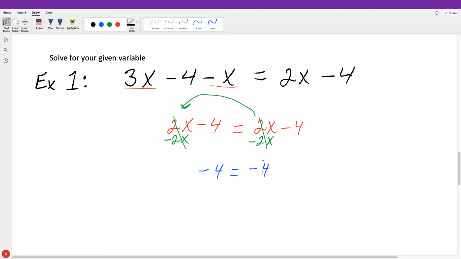So if we are solving a problem and our variables completely cancel out, where when we have the same amount on both sides, it gives us 0 variables, we need to look at the statement that's given to us now. This negative 4 is equal to negative 4. And we need to ask ourselves, is this a true statement or is this a false statement? Well, negative 4 does in fact equal negative 4, so it is a true statement. And if it's a true statement, that means that no matter what we plug in for x, it will always work. So you can either say it's all real numbers,